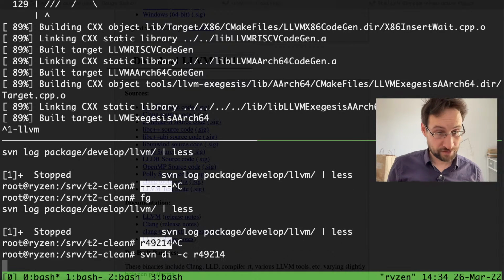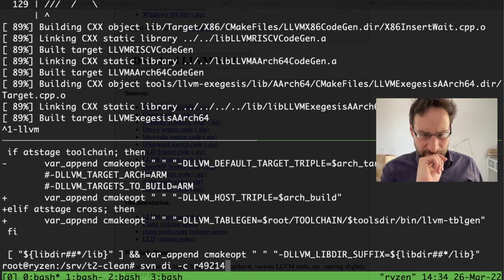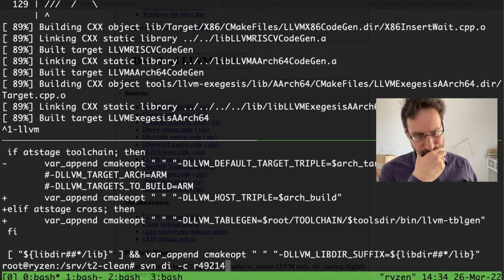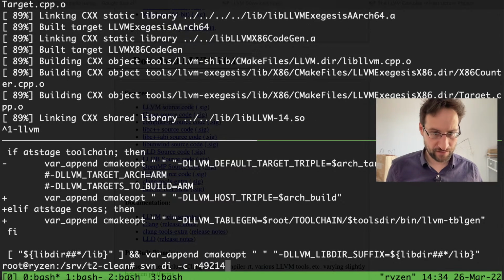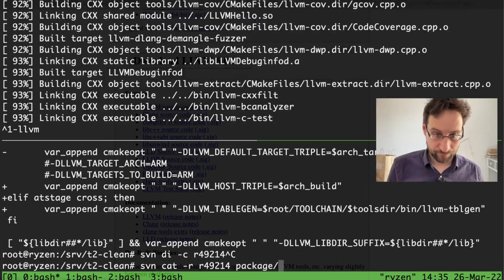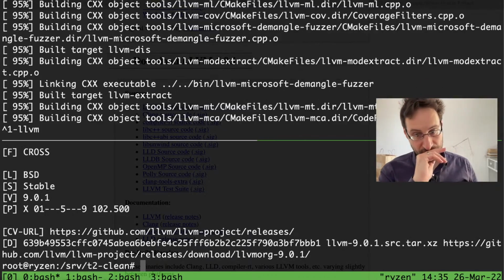Hey, 90% soon. Default CMake. So here we have this table gen. So that must have worked then. Which version would that be? 901.